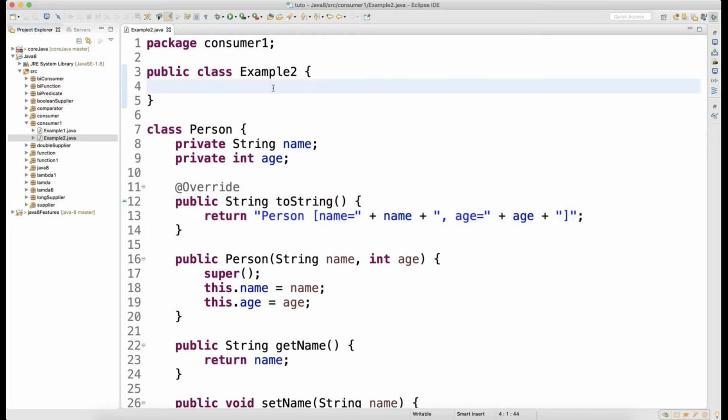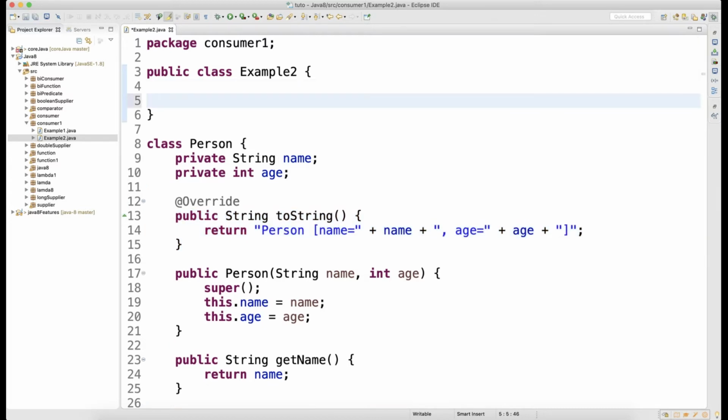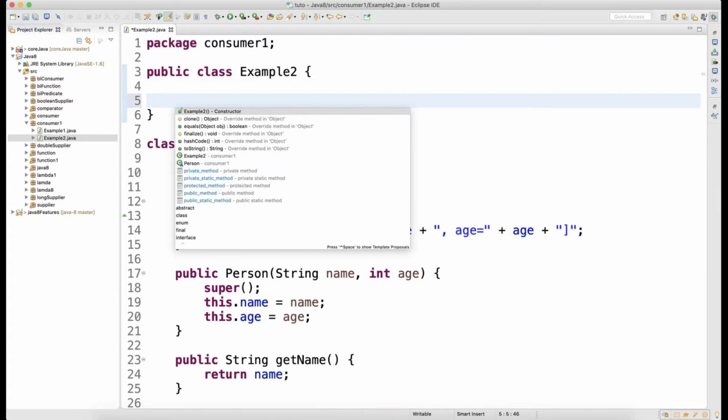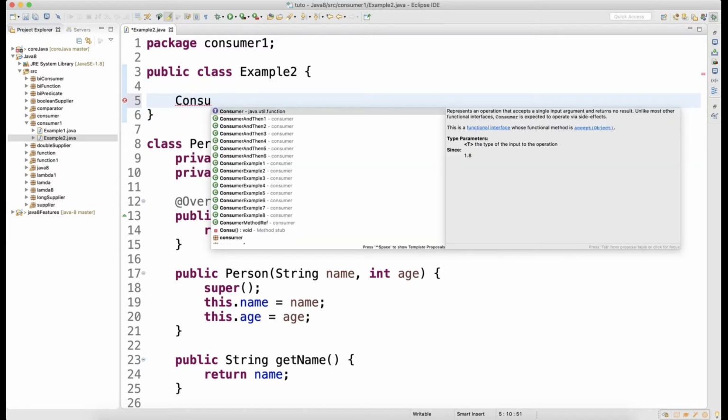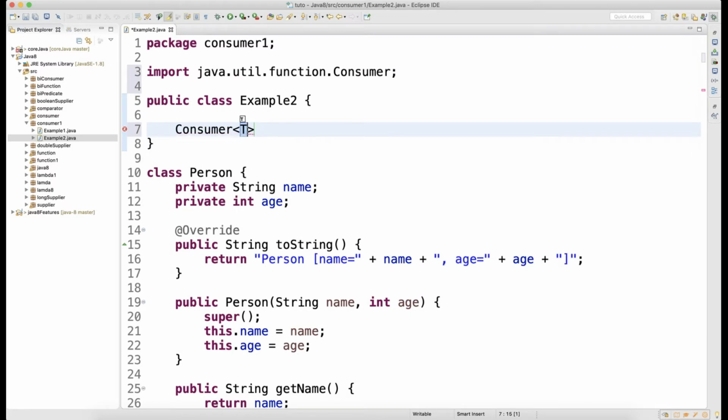So what I will do here is I will write a Consumer, and here my input is going to be a custom object.